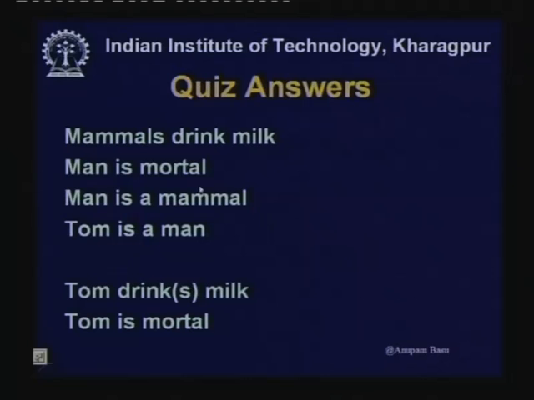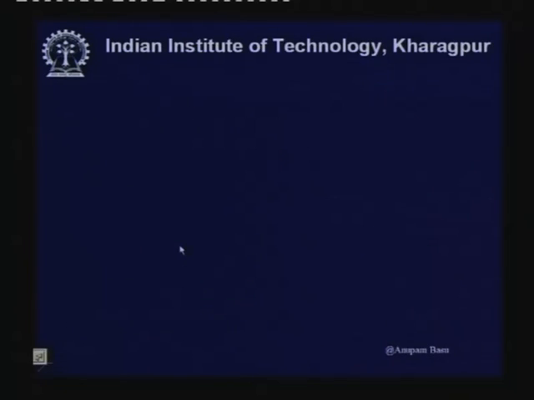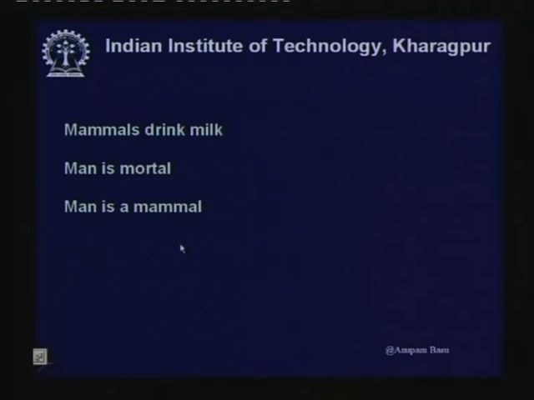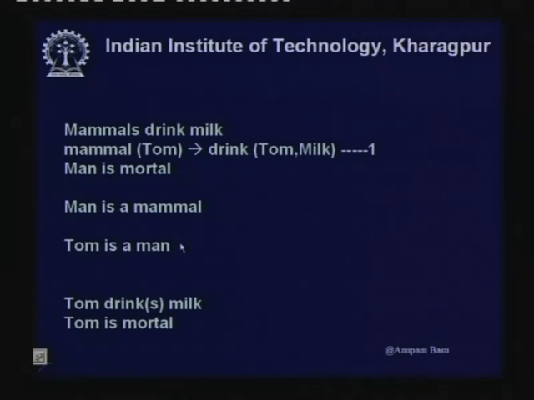Unless we can understand that mechanism, we cannot emulate it in a computer, because a computer will do this mechanically. The mechanical methods that we had discussed like modus ponens and resolution will not be able to do that. So, what is missing? Why can't we do it mechanically, although intuitively we can understand that? We had these statements: mammals drink milk, man is mortal, man is a mammal, Tom is a man, and we are supposed to prove these.